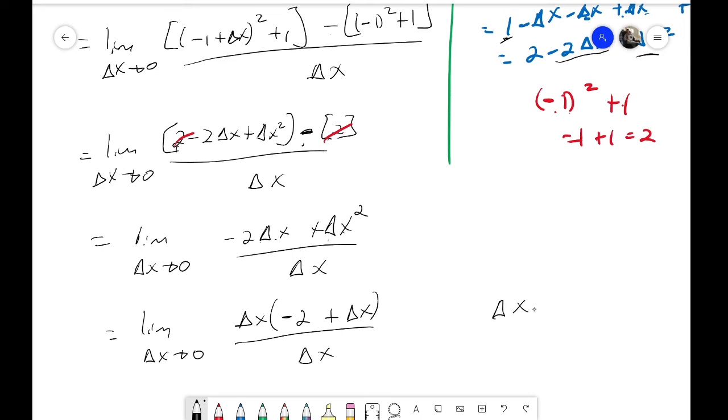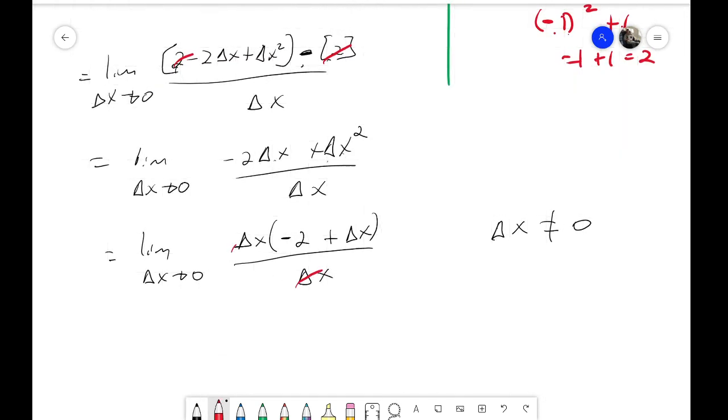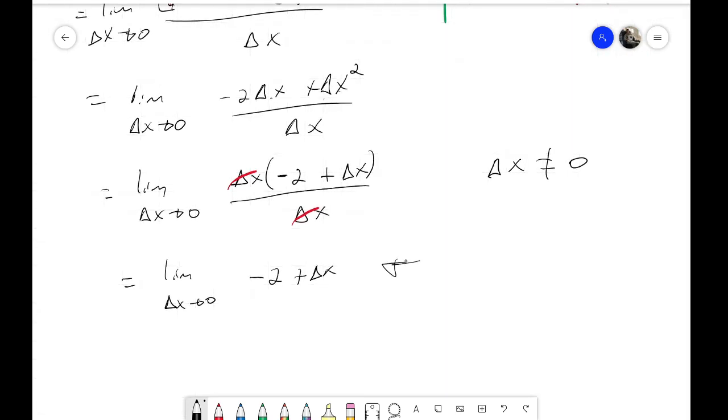Once again, since we are going to 0, we can say that delta x is not actually equal to 0, and this allows us to cancel. And we have the limit as delta x goes to 0 of minus 2 plus delta x. Finally, again, this is a polynomial. You could think of that being minus 2 plus x. This is continuous at all points in its domain. And by our limit laws, we can simply use the substitution method and plug in 0. So I'm going to plug in 0 for delta x, but minus 2 plus 0 is just minus 2. So we have